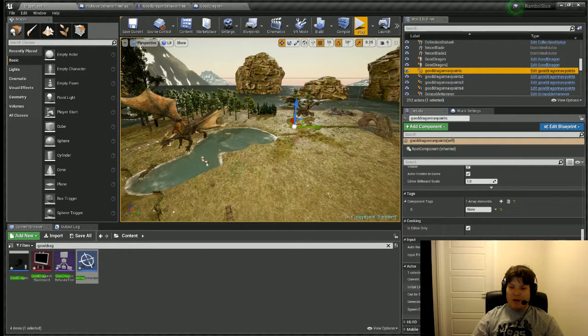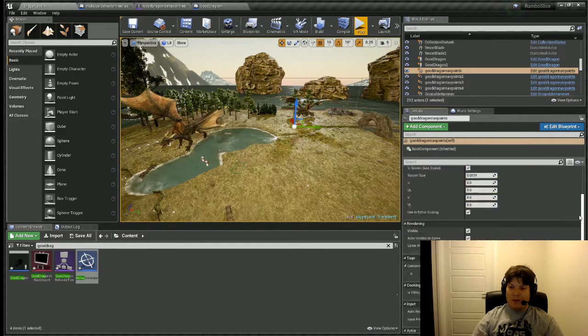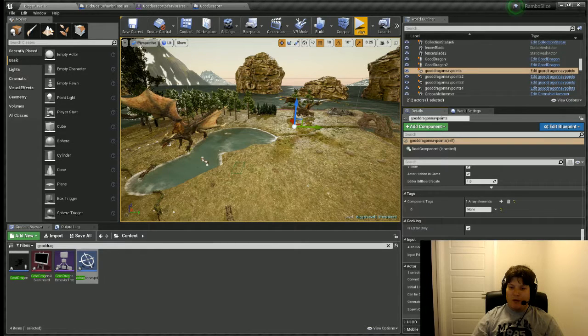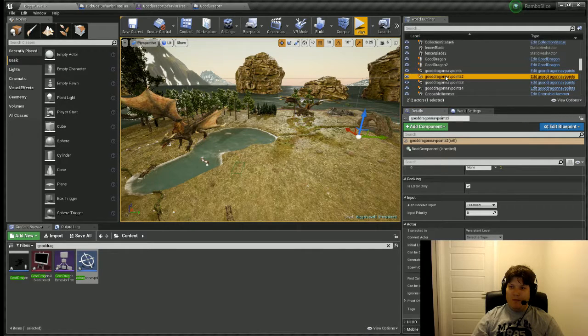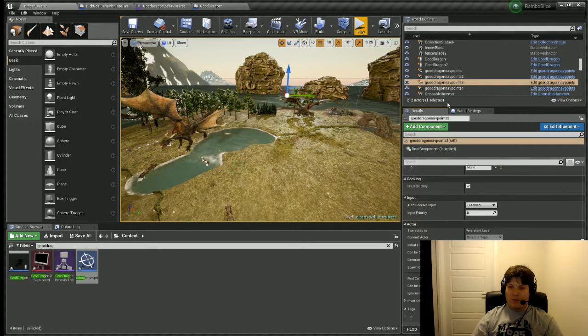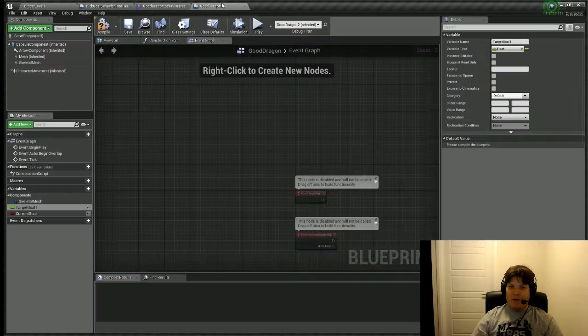And I'll want to tag these and use the actor tag system. Tag this one 1. Tag this one 2. 3 and 4. Give it a save. And then on begin play of the good dragon actor,